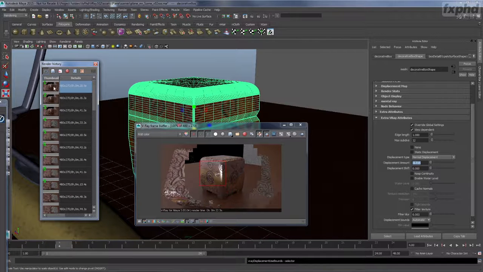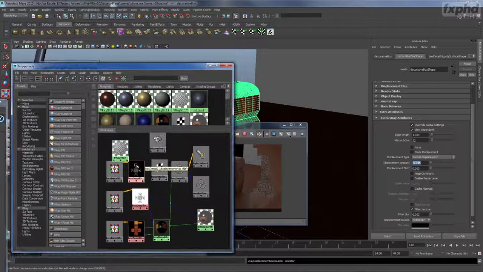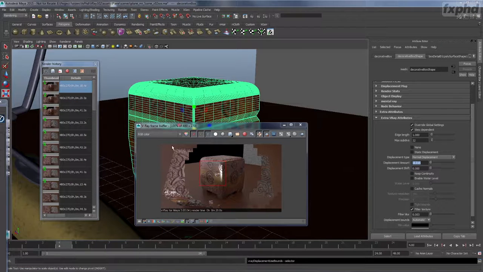And here we are comparing color gain versus displacement amount. This is my color gain at negative 0.15 with an amount of 1, and this is my color gain set at 1, or white, with my displacement amount of a negative 0.015. This is the preferred way to do it. All your controls are on a per object basis and not a per texture basis, giving you ultimate control to have different amounts on one object that has the same exact texture on another object, which will have its own extra V-Ray attributes for